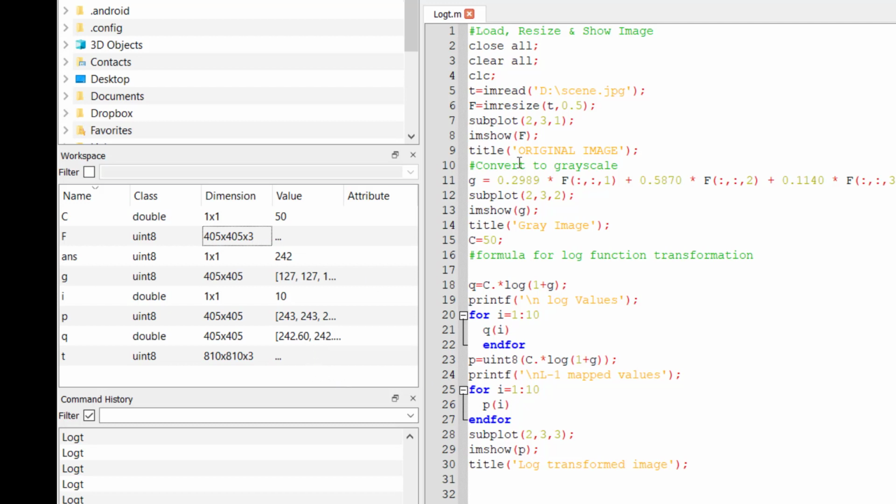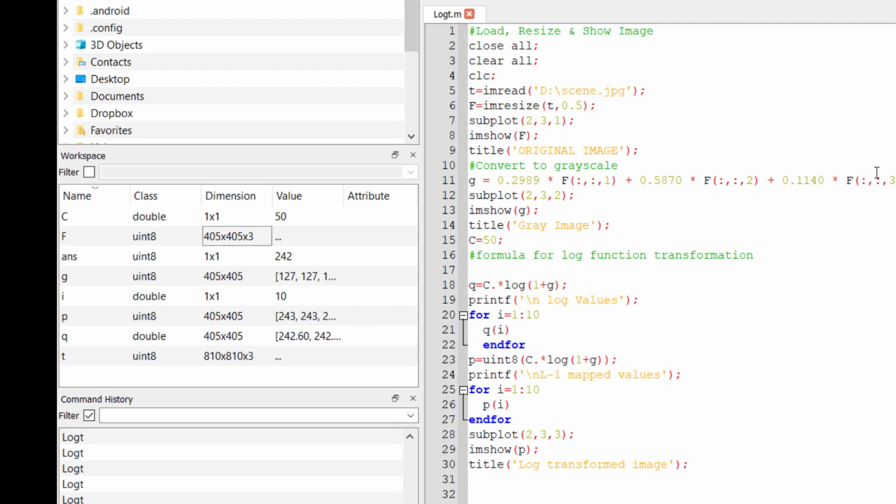Then we have plotted the image. The input image that we have read, we are going to plot by means of the subplot and imshow functions, and we have given the title as input image or original image, right? Now we have converted the color image into grayscale information by means of this formula.